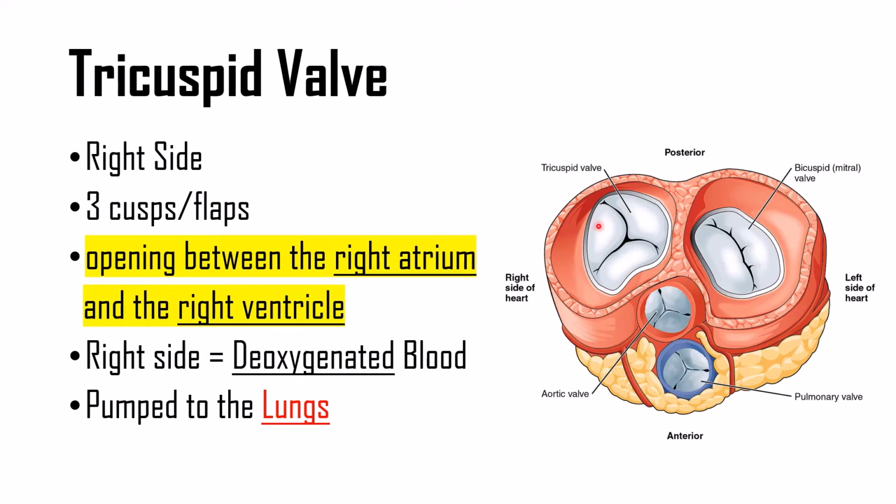You can clearly see that there are three holes in the tricuspid valve compared to the mitral valve, which has just one hole. This is the point of difference. Since the deoxygenated blood is going to be pumped through this valve towards the lungs, we can say that three holes can be tolerable, and a mild amount of leakage by chance is also tolerable because the blood from this valve is going just a shorter distance, that is, to the lungs.